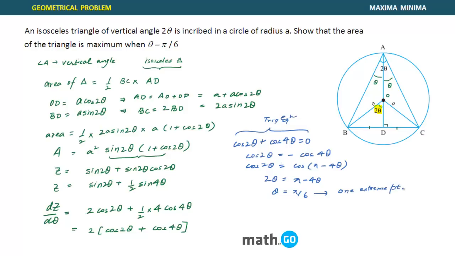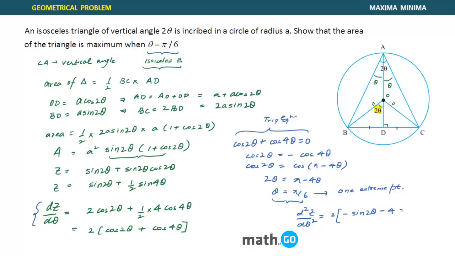Now check whether this point is of maxima or minima. If you compare, you actually wanted theta to come out to be pi by 6, so you have actually got the right step. Now the only step left is to prove that this is a maxima. So for maxima, you will differentiate this once again and prove that this is yes. So what is d square z by d theta square? This will be 2 times minus sine 2 theta,